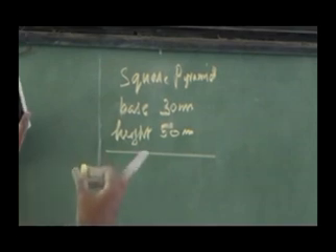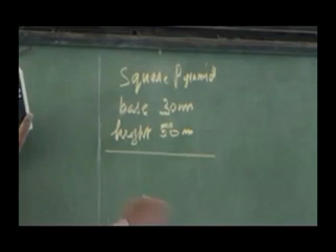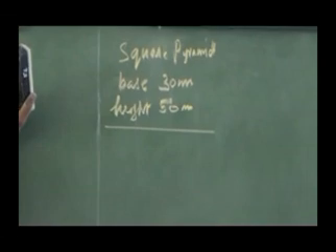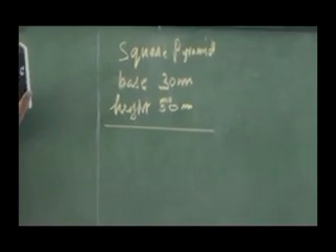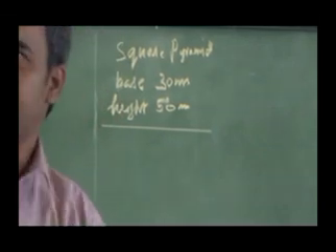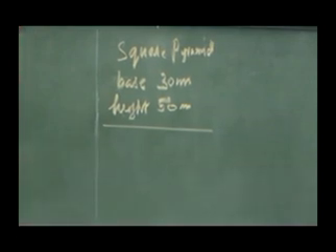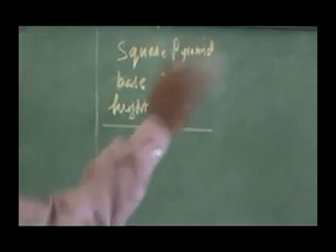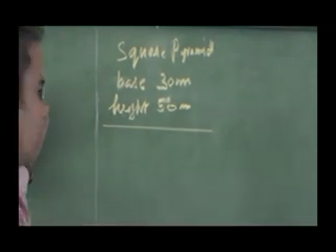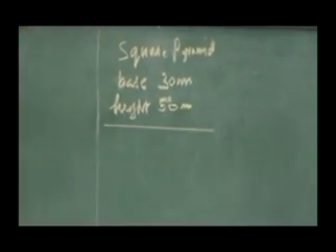So the behind distance is not given in this one. Base edge is touching, that is 0. Behind distance is 0. In your top view you have to draw a square with the edges touching the picture plane, not at 45 degrees. The edge touching the picture plane means the edge is parallel and it is touching. So it is something similar to the parallel condition, just the behind distance is missing. It's 0. Then the station point is